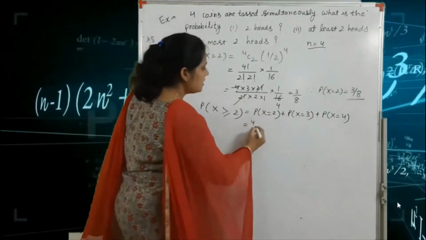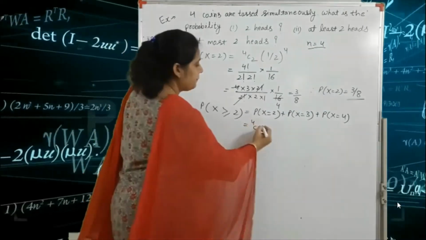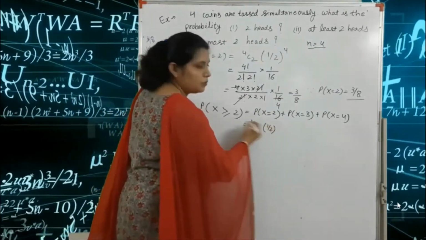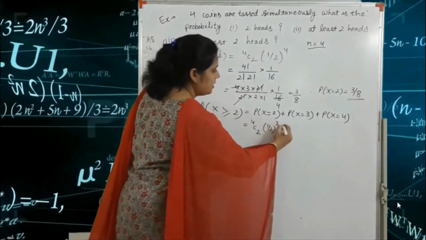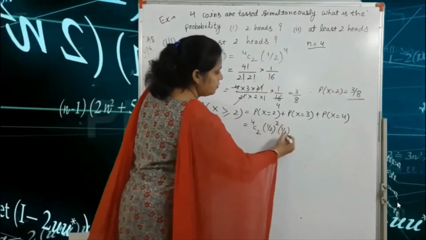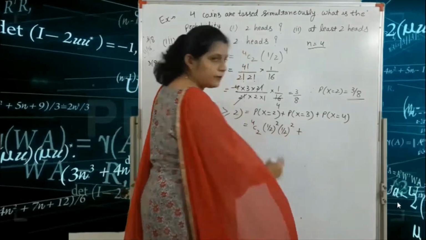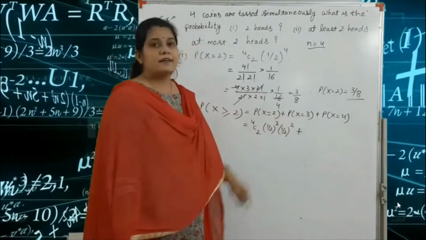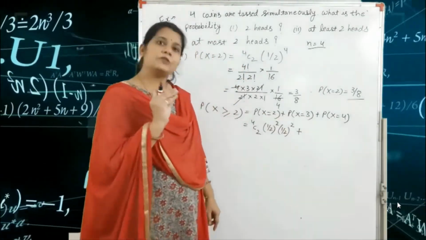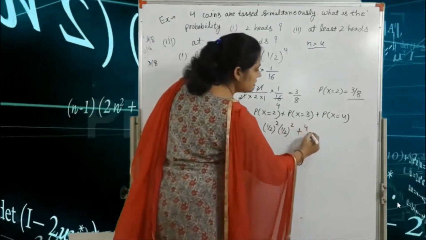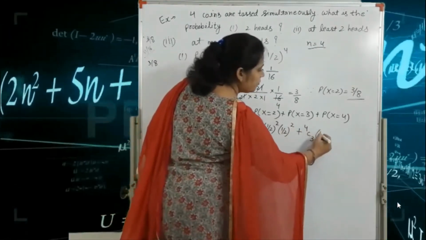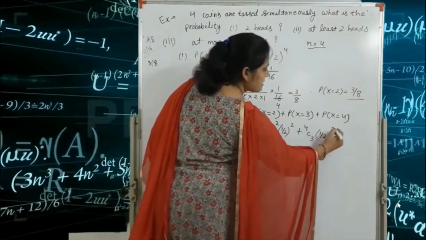So 4C2, p, that means (1/2) raised to the power 2 and (1/2) raised to the power 4 minus 2, that means 2. Okay, next term: here we are given x is equal to 3. So we write here